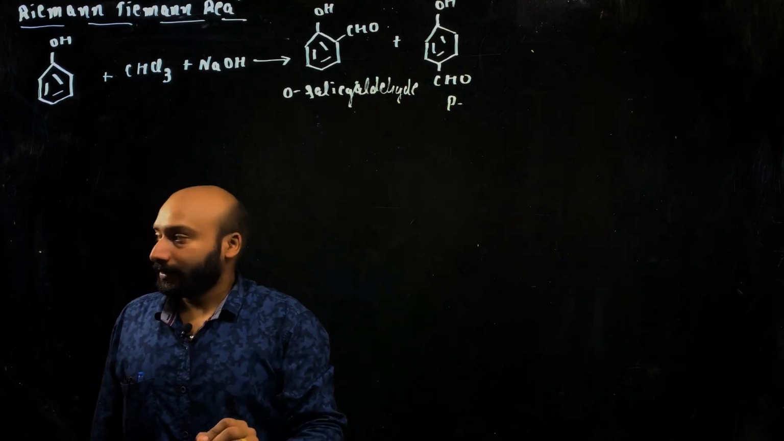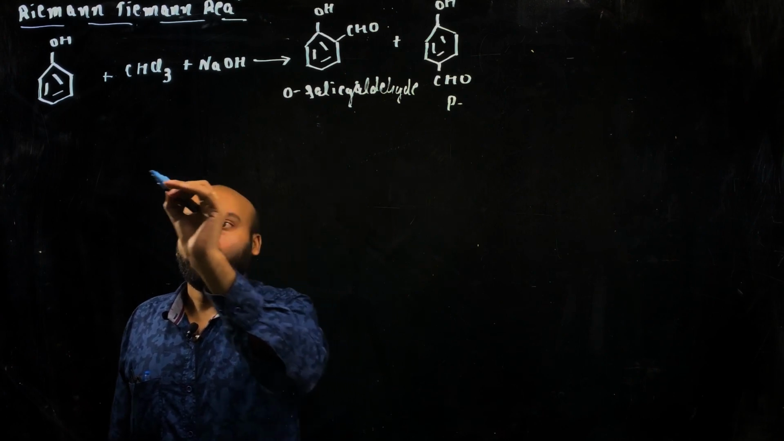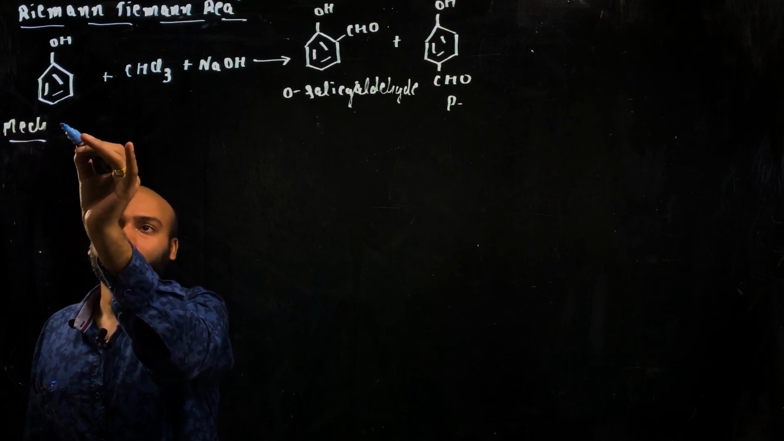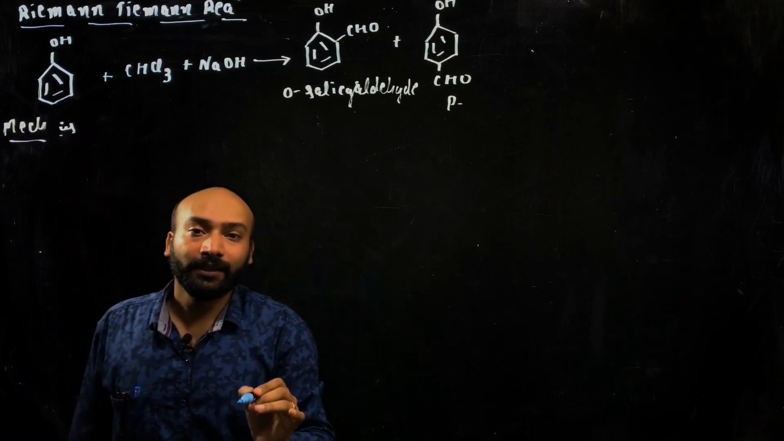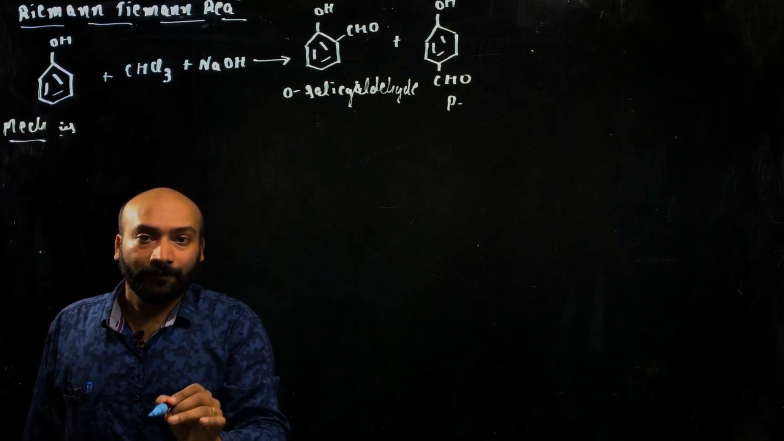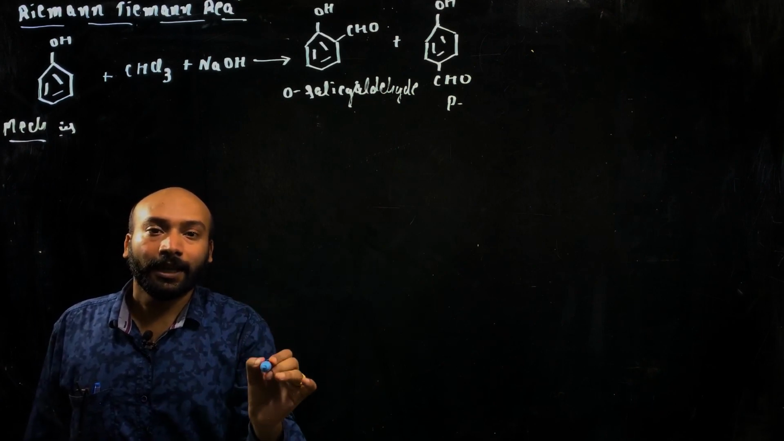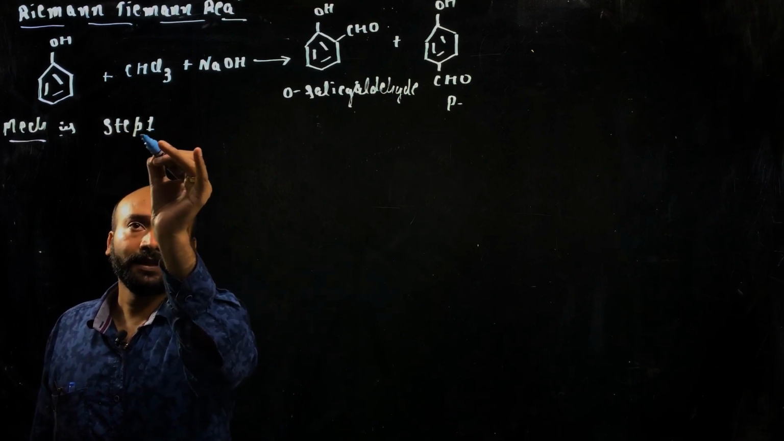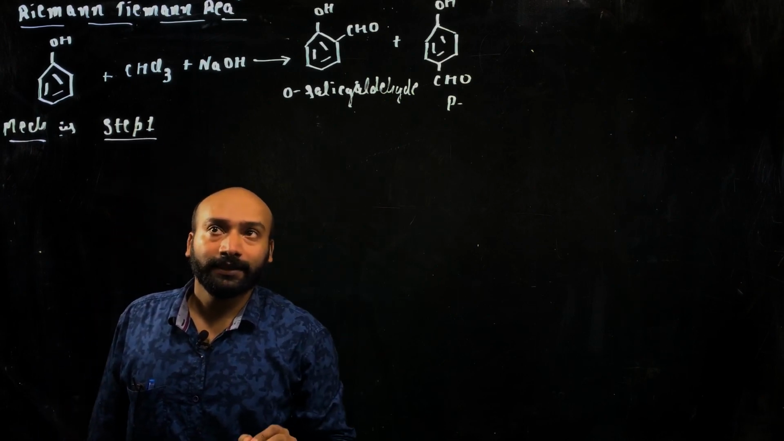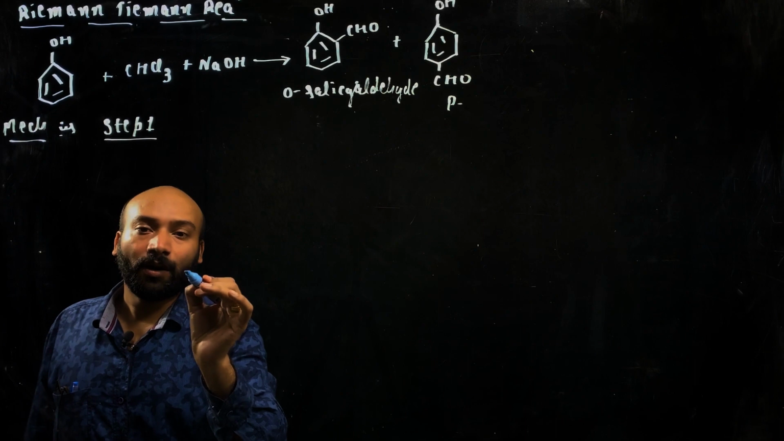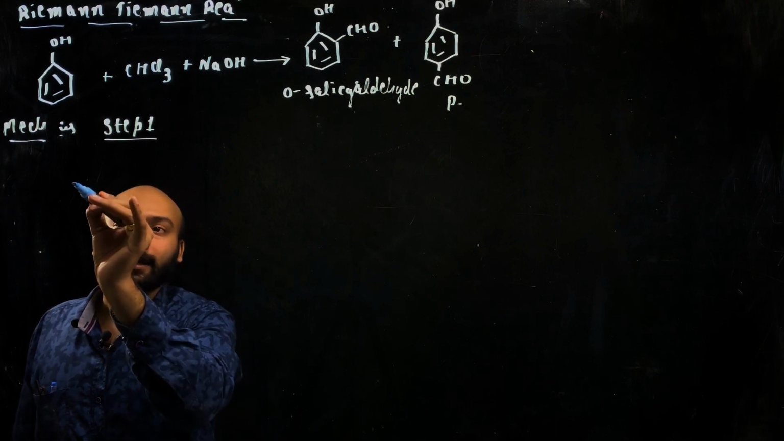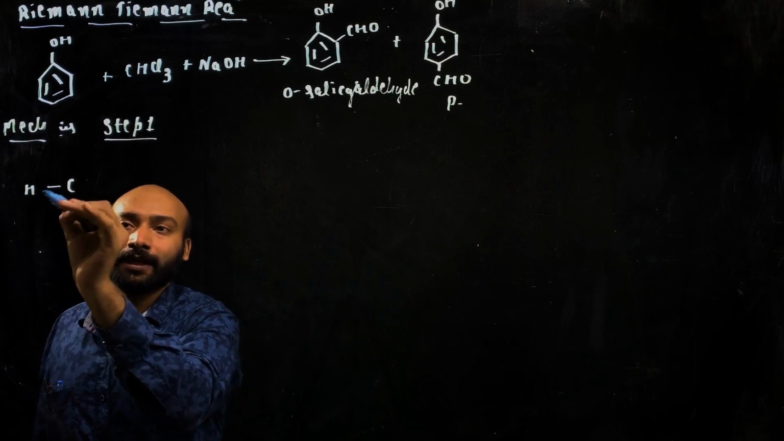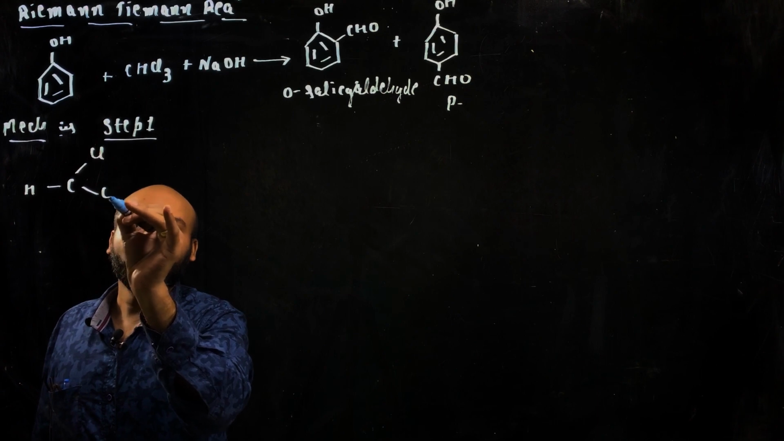I will discuss the mechanism of this reaction, how this reaction actually proceeds. This reaction occurs in 3 steps, and I will discuss the mechanism in detail. So in the first step, what happens? In step first, there is a generation of the electrophile, and how is it generated? We have taken chloroform,